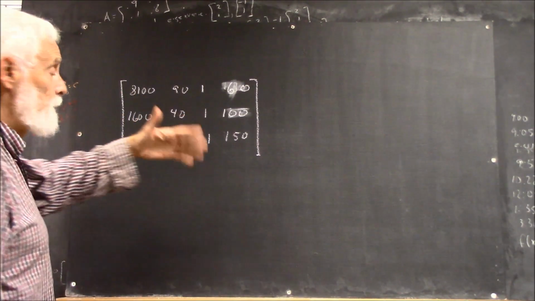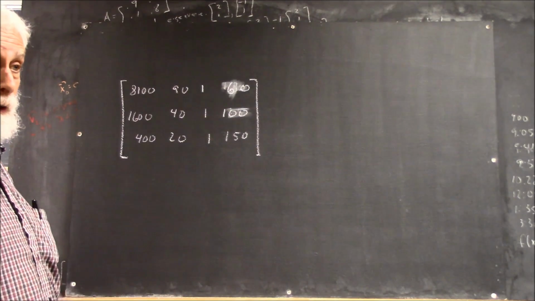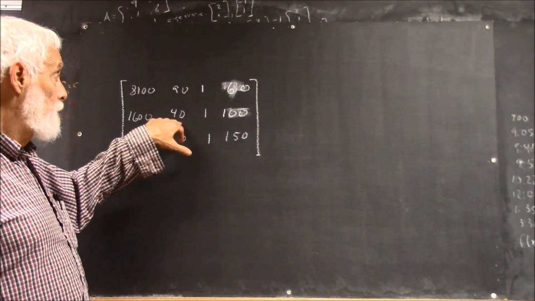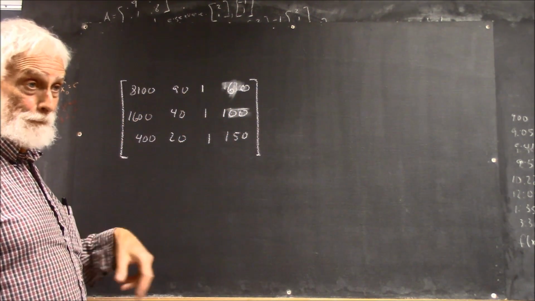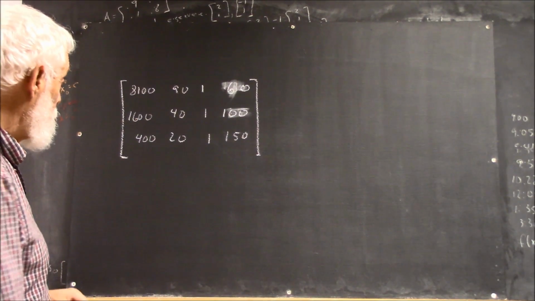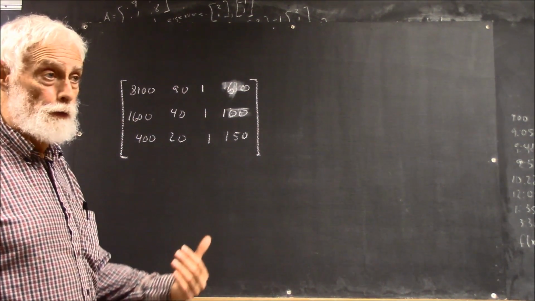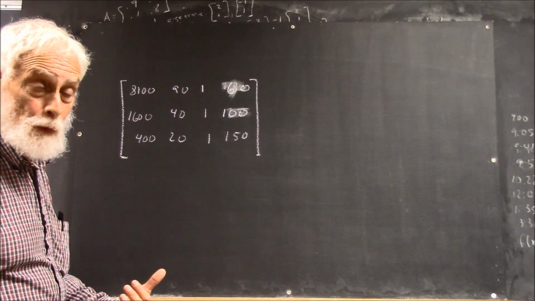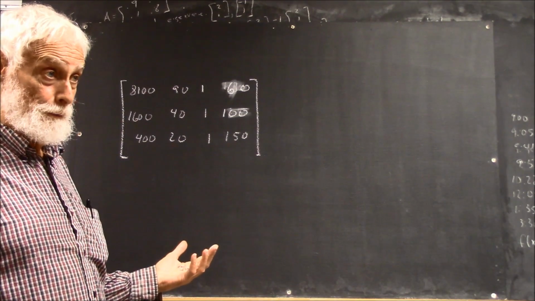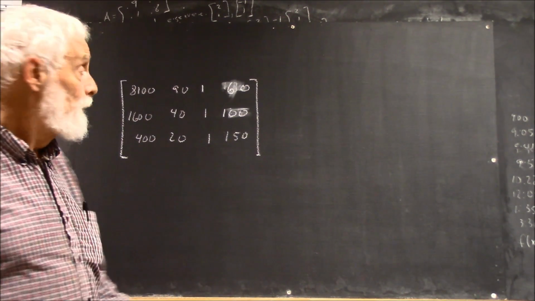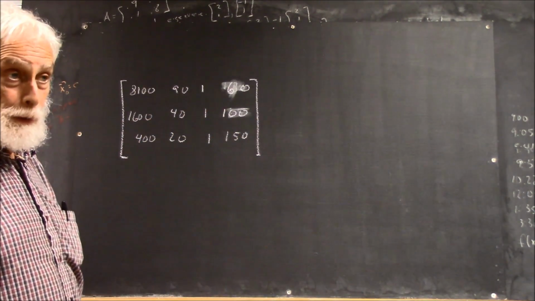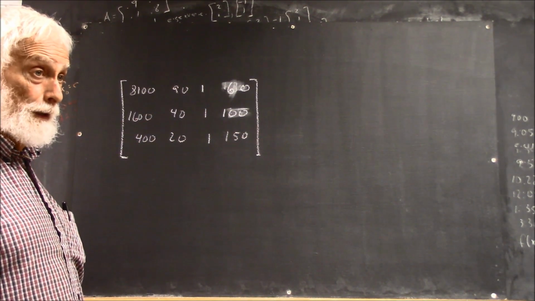So we've got this matrix that represents a depth versus time thing, where you got a depth of 150 at time 20, depth of 100 at time 40, depth of 60 at time 90. Okay? And I want to reduce this matrix to upper triangular form while keeping track of the elementary matrices so I can write down the LU decomposition and then solve the system by LU decomposition, right? Well, that would be the augmented matrix, and you don't solve an augmented matrix by LU